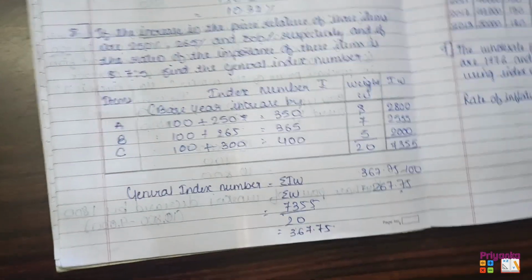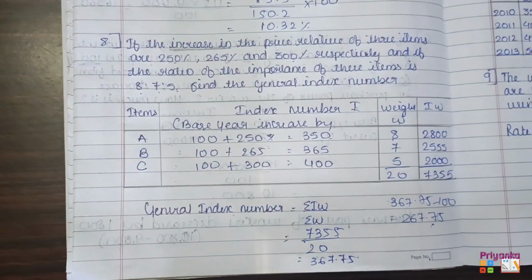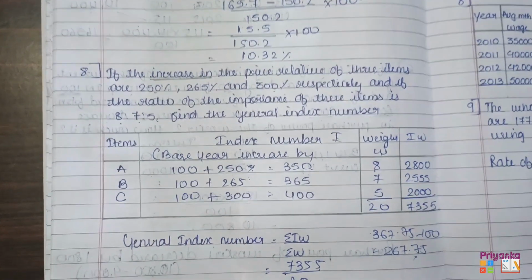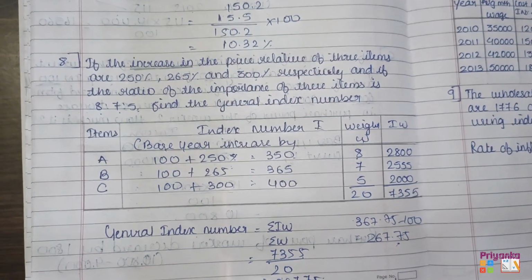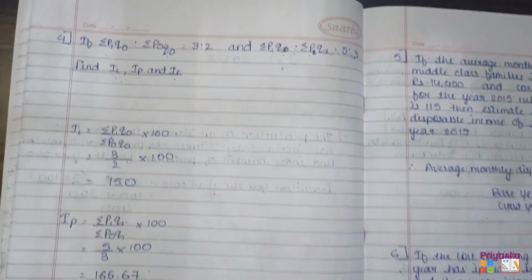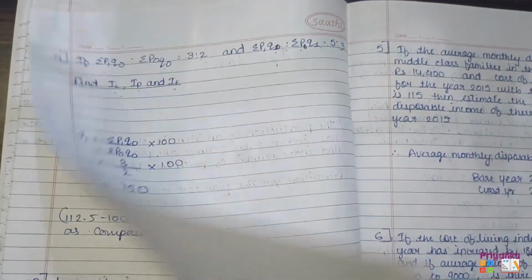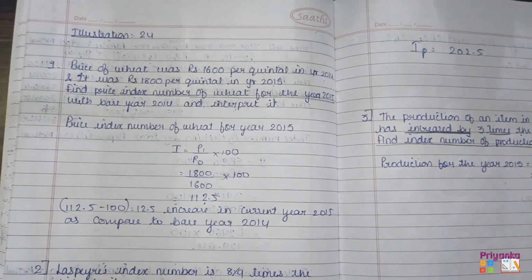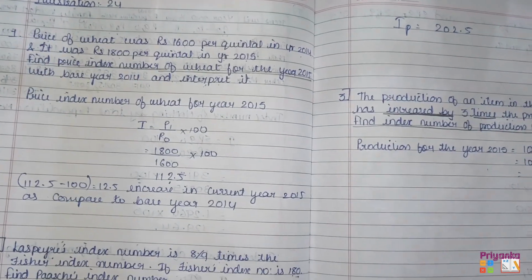Now we can move to Section C. These are the 8 questions which are quite important. So I have covered illustration 24. Don't forget to cover the illustrations as well, because any question can come. And in the board exam we have to cover each and every question from illustration 24 as well as from the